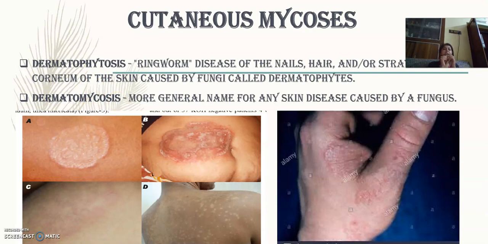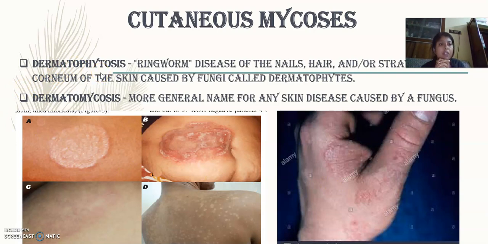You know that there are many fungi present in the environment, in the air itself. This particular fungus can attack the surface of the skin and bring about various types of infections. So that is basically your mycosis. And cutaneous means the surface of the skin. So cutaneous mycosis is classified as